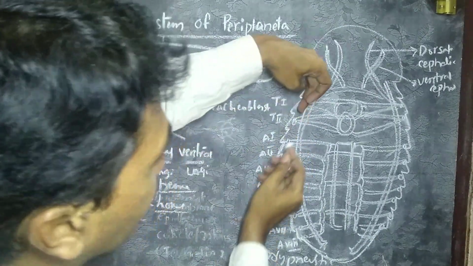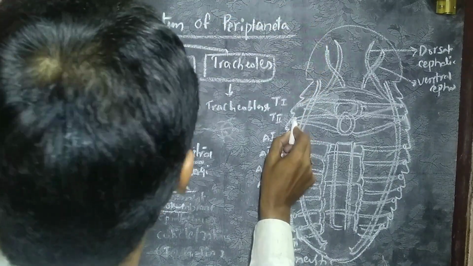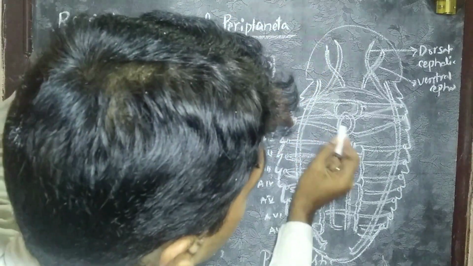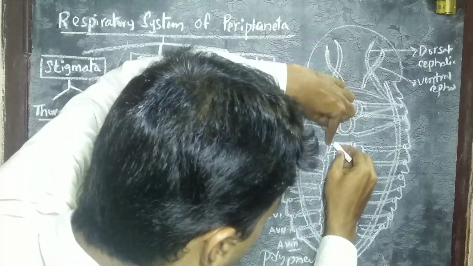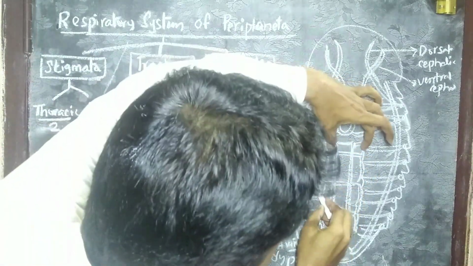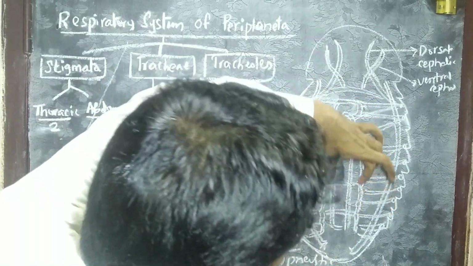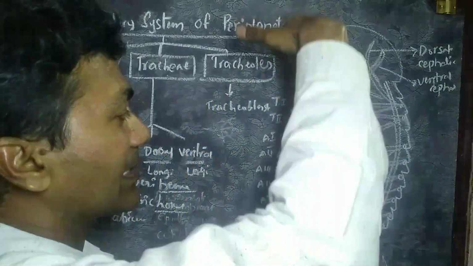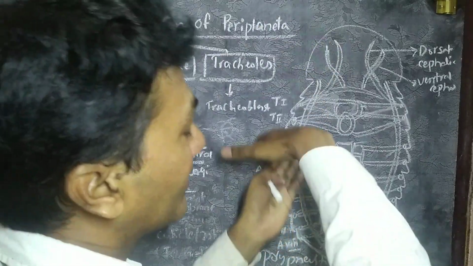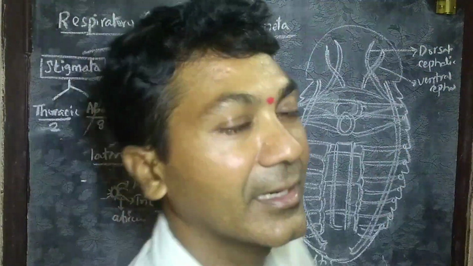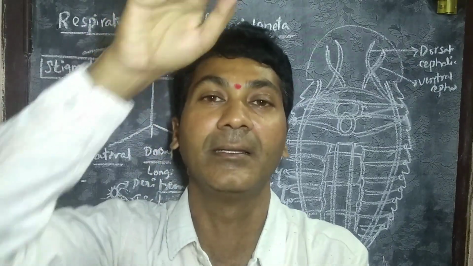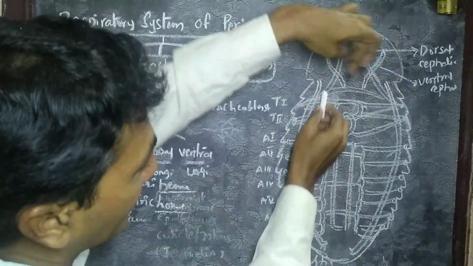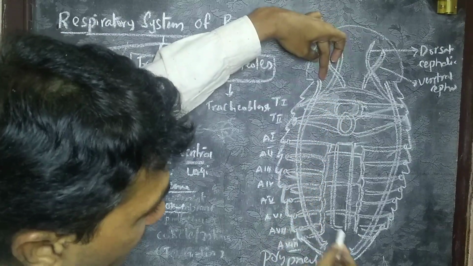I will show here. For example, this is the stigmata, right? This is horizontal. Now let us see here. This is horizontal, right? Now the horizontal is connected to this you are seeing. This one is a longitudinal. This is towards the dorsal side, so dorsal longitudinal. In the same way, downwards, ventral longitudinal. Horizontal, dorsal, ventral, and lateral. See, a long duct is traveling, right?